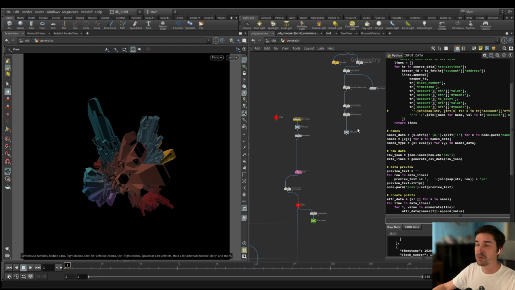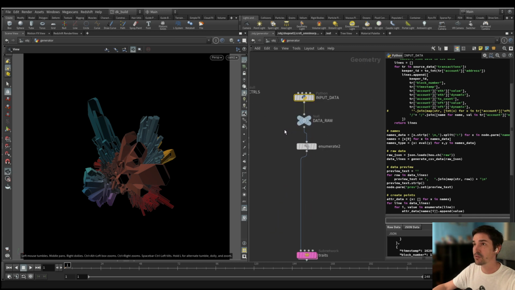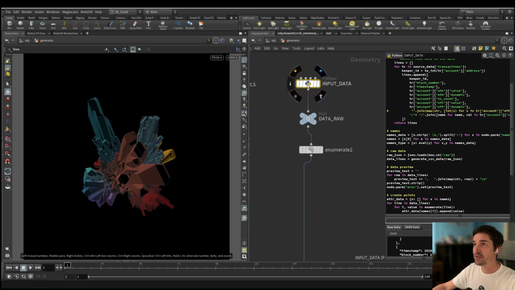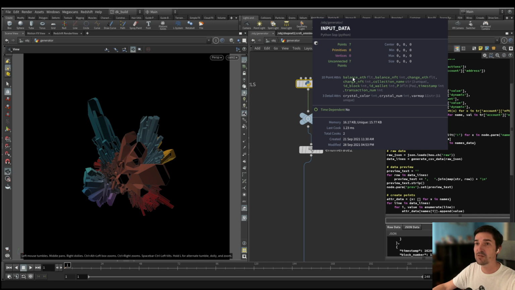This is a node which takes the data taken from and parsed from the blockchain and creates some parameters for our algorithm to run on. After this node works, it generates these attributes. You have probably seen them already on our website. So balance of Ethereum, balance of NFTs, change of these balances over time,